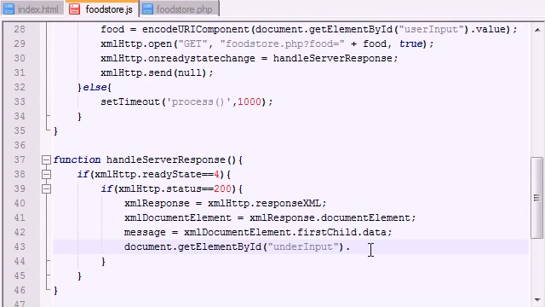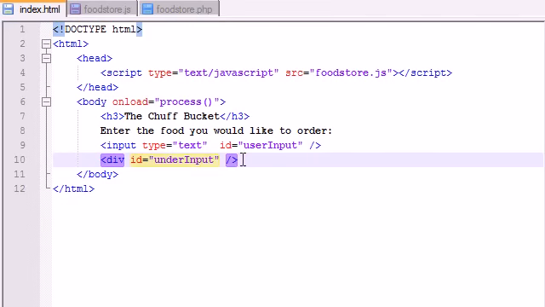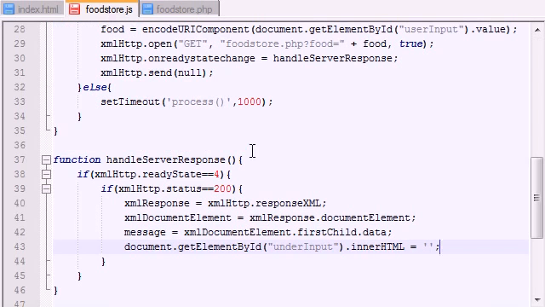And what we want to do is set the inner HTML equal to... The inner HTML is basically the HTML in between the divs. So the inner HTML is the stuff that shows on the web page. So we can either set this to the message itself, but what I actually want to do is